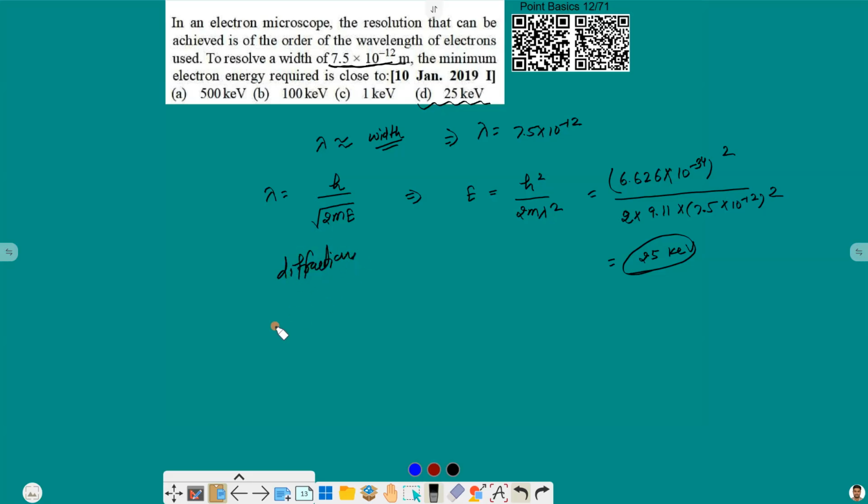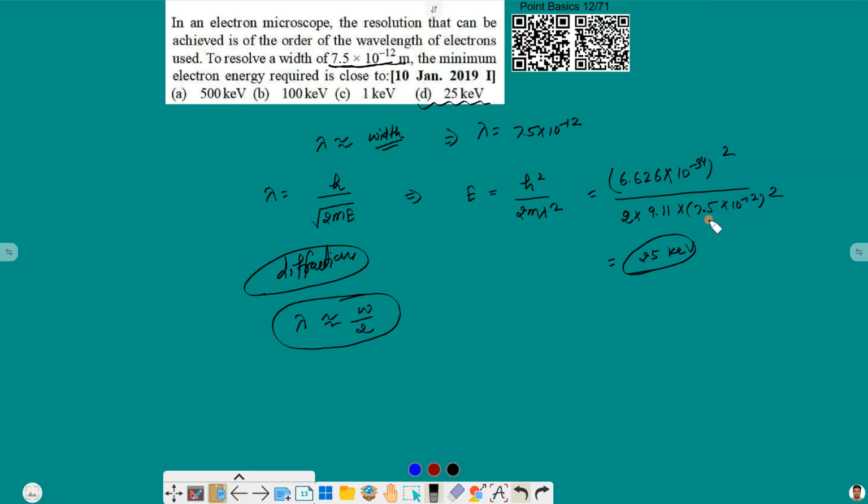and diffraction can still occur if lambda is comparable to half of the width. We can still resolve within the diffraction limit if lambda is comparable to half of the width. Now if we take half of the width, or w by 2, as lambda, then what will happen here? From this, what we will get,